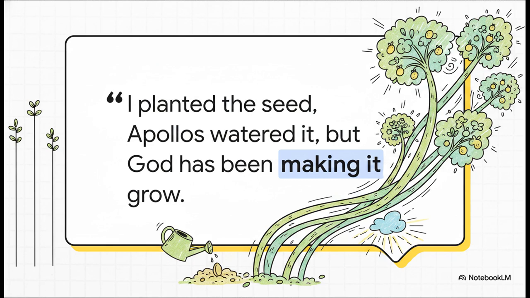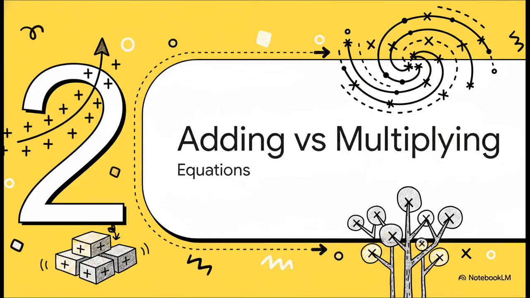But you know, this mathematical concept isn't just stuck in a textbook. We actually see this idea beautifully reflected in Scripture. 1 Corinthians 3:6 says, "I planted the seed, Apollos watered it, but God has been making it grow." Think about it. When we do our part, the daily planting and watering, that's a lot like linear growth. It's that steady addition of effort. But sometimes God blesses those things abundantly, creating a massive exponential change that goes way, way beyond just what we added.